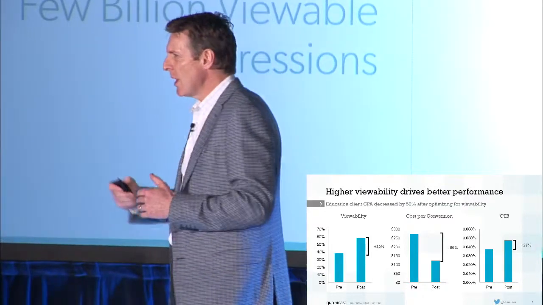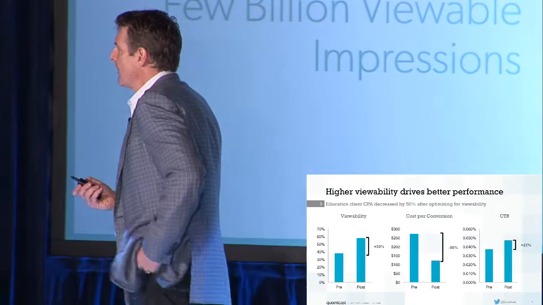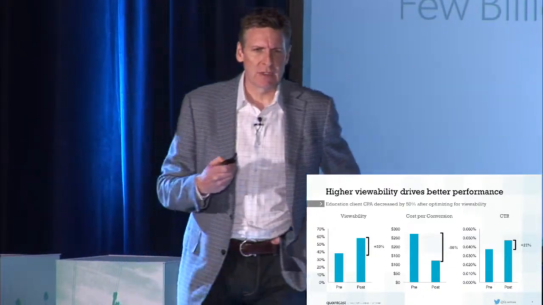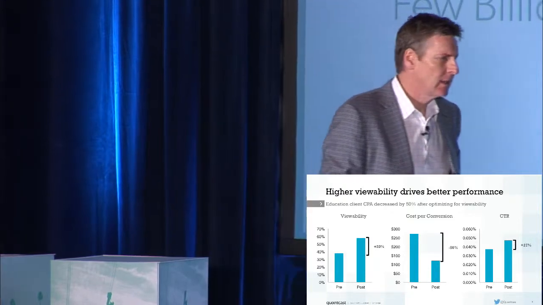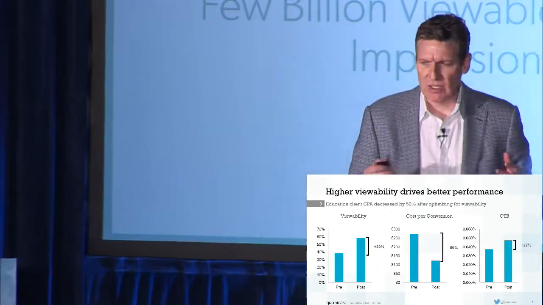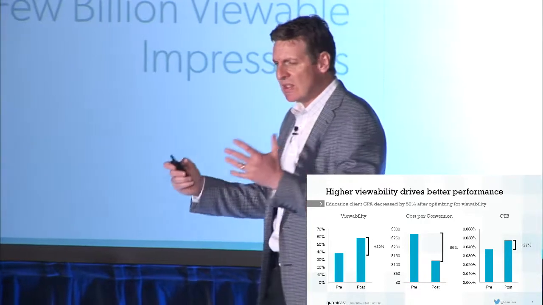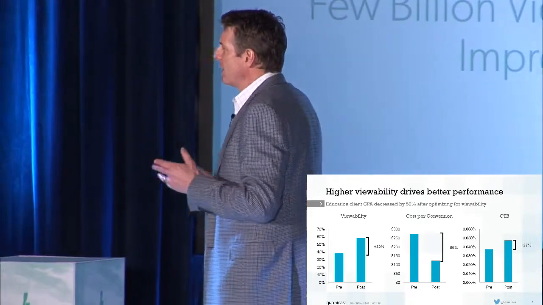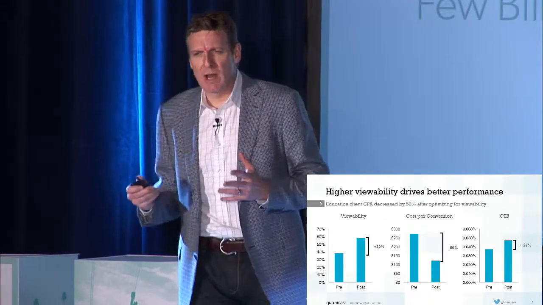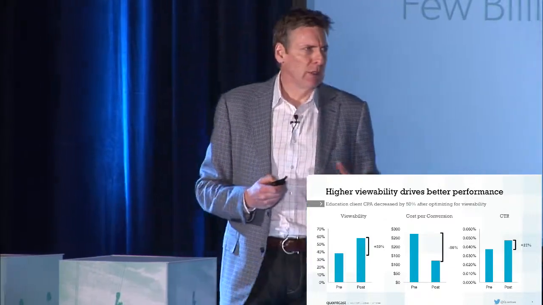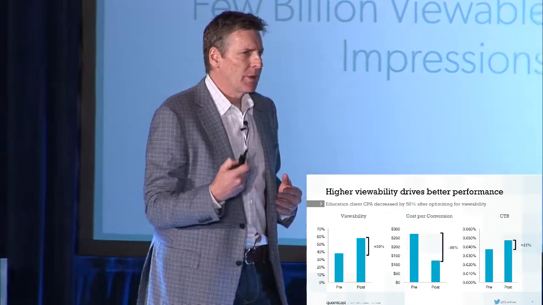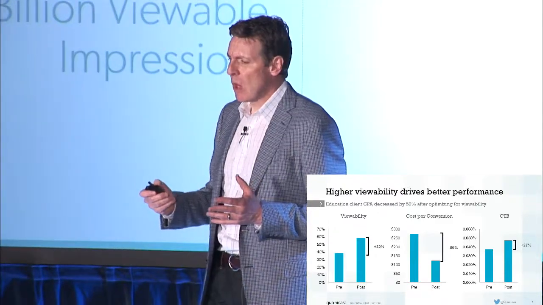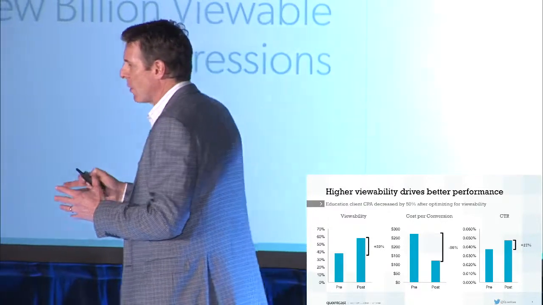But this can also go the other way. We see marketers today coming with RFPs asking for 75, 80% viewability and still want to hit a CPA metric. And in RTB today, that is just very, very difficult. So we have to decide which metric we're going to go after. And I think the conversation here is about finding the right balance between performance and available inventory. Again, with 3% of the inventory being 75 to 100% viewability, the costs are going to go up and the amount of inventory is going to go down.